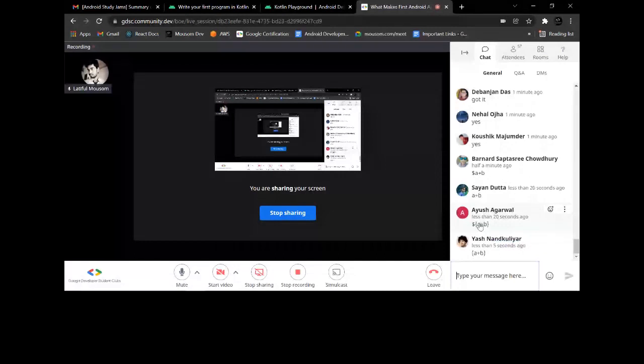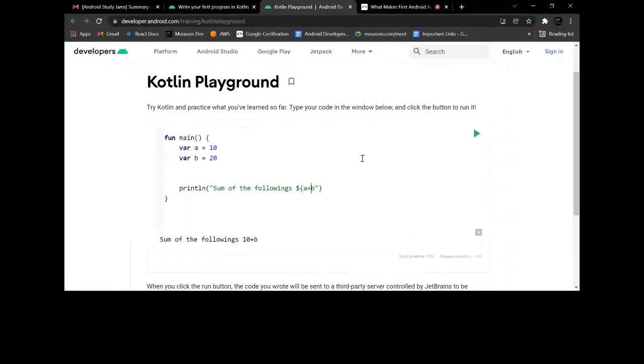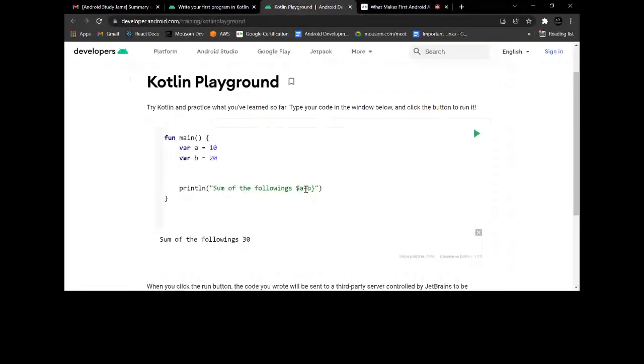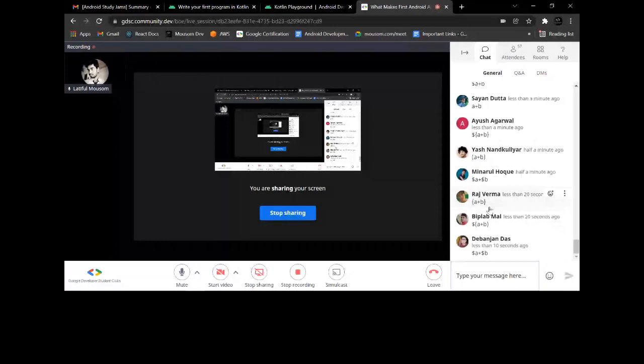Okay, Ayush Agarwal. Let me do what Ayush is saying. Let me check that one also. Okay, any other? Okay, Mineral is saying like this. Let me check that also. Any other ways to do that?